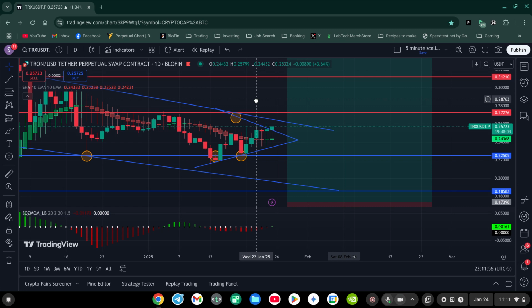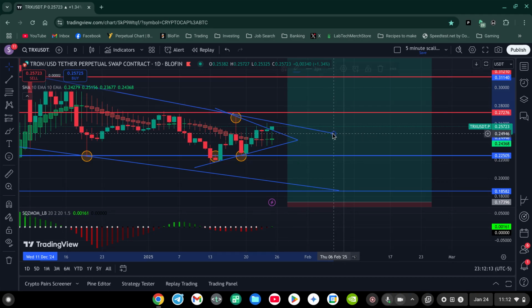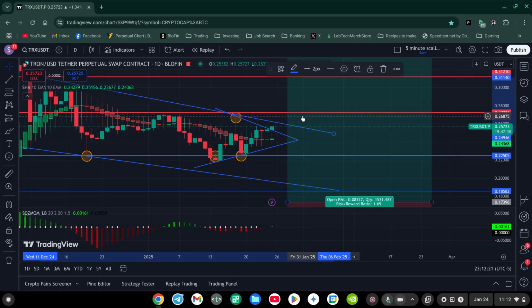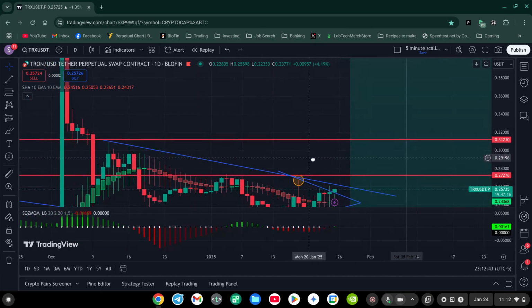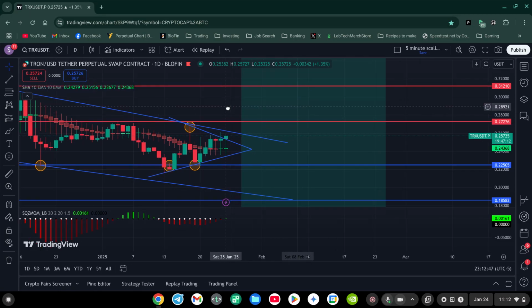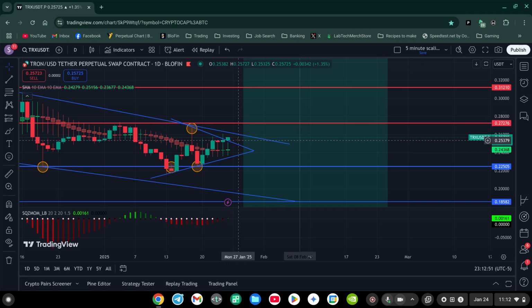So that is what's happening here. We're testing, or we may soon test, the upper boundary of this channel, but we're going to need to see it break higher, for example, breaking this high here at around 26, 27 cents. Yeah, actually, I'd say 27. So if Tron breaks 27 cents, that would be a pretty good sign that it might move back up towards another peak. But until it does that,